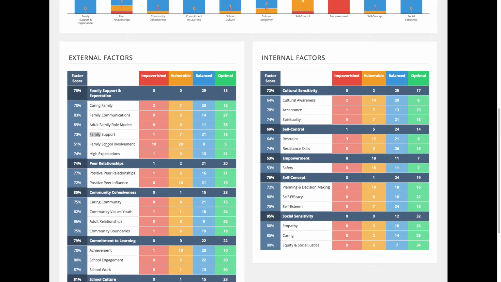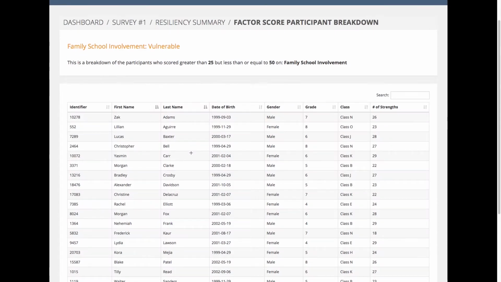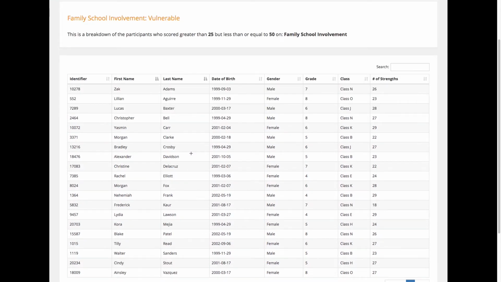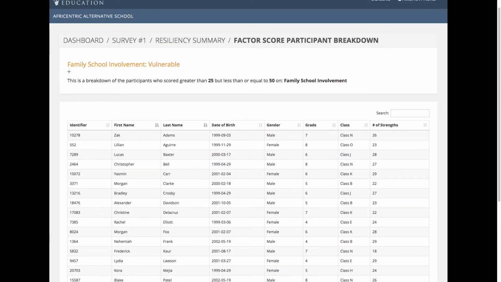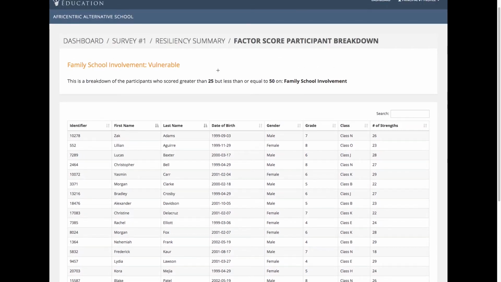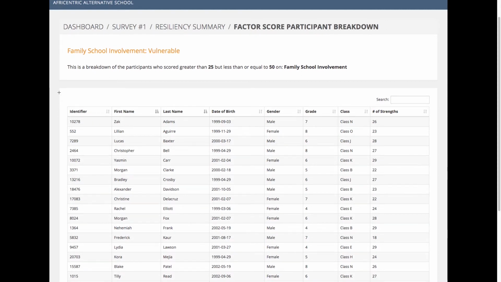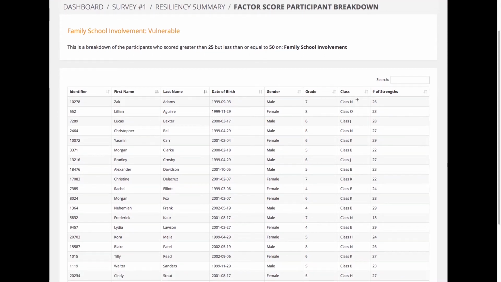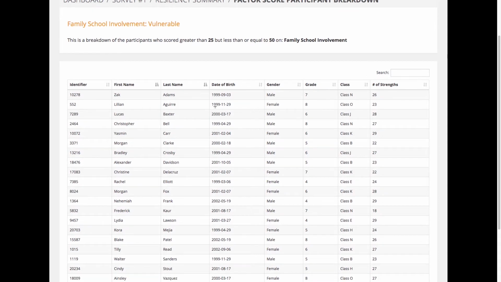As another example, you could be looking more specifically at the kids that fell into the family school involvement developmental strength, that scored maybe vulnerable in that area. Clicking down further, you would see the list of students that fell into that category. And again, you can sort by any one of these fields. And you can also click on any student and see their individual profile. So if we were to look at this student here,